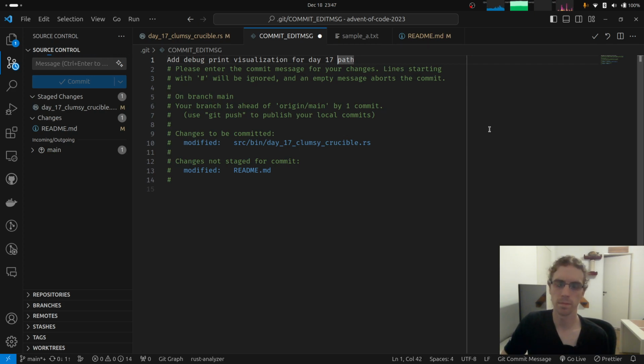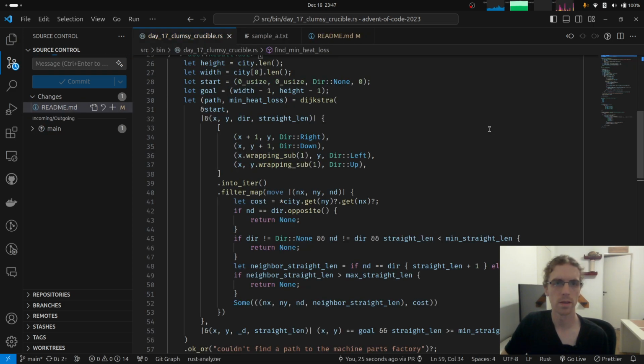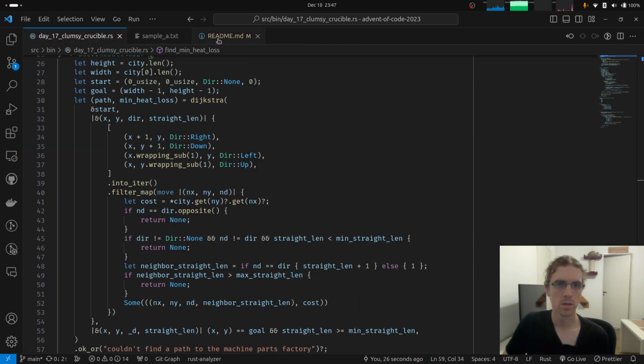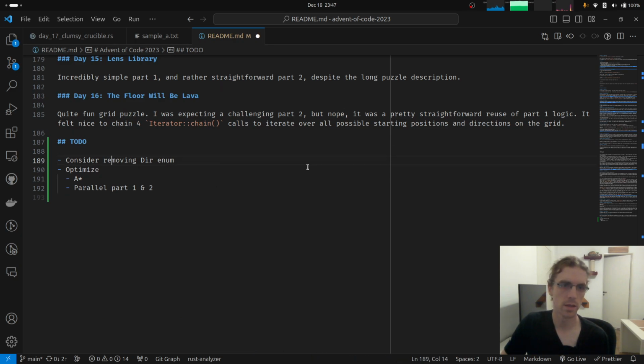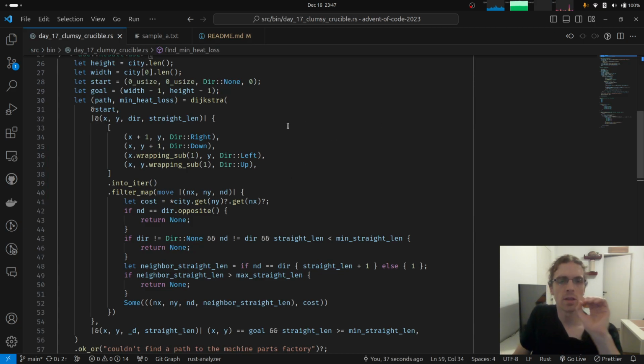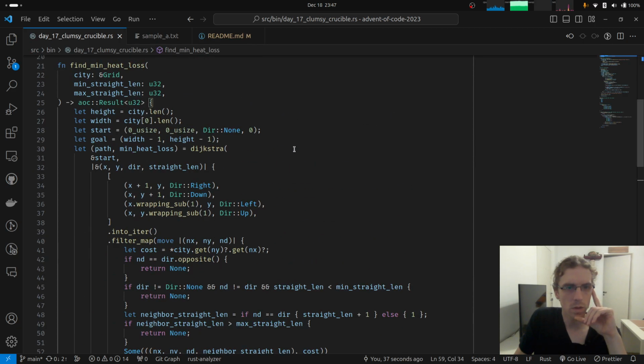Yeah, minimum path. Sure, that's what we did, and it was nice. So this is checked. Consider removing the direction enum. Yes, I think that's what I want to follow along with.